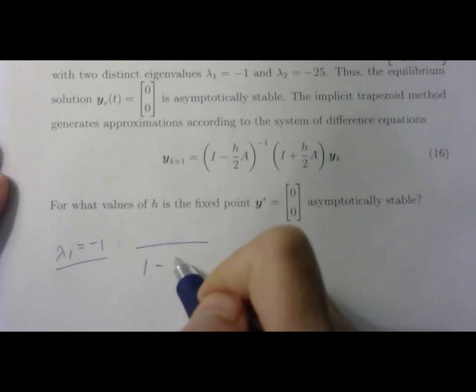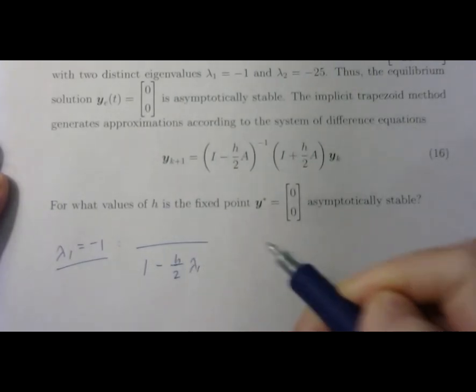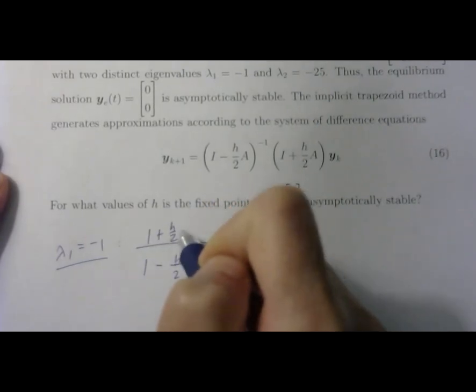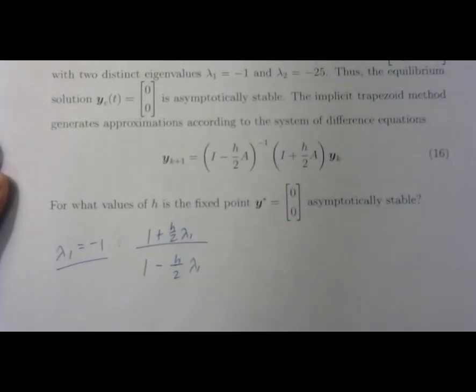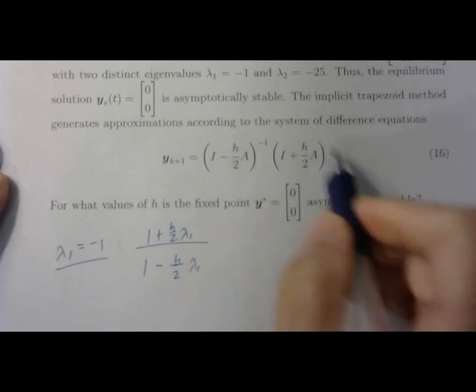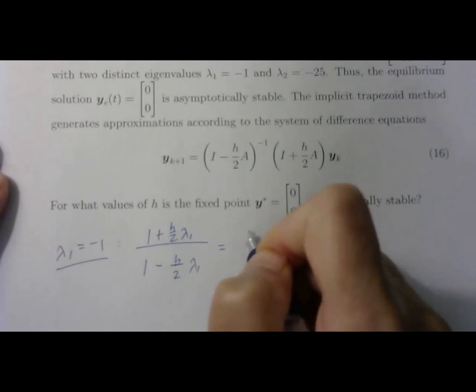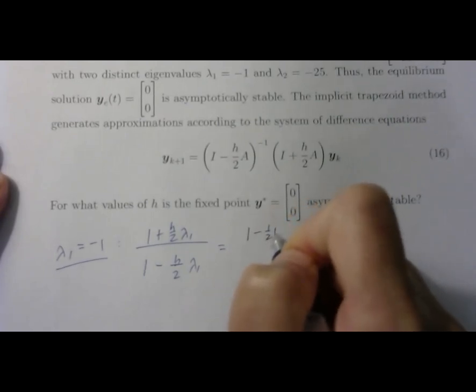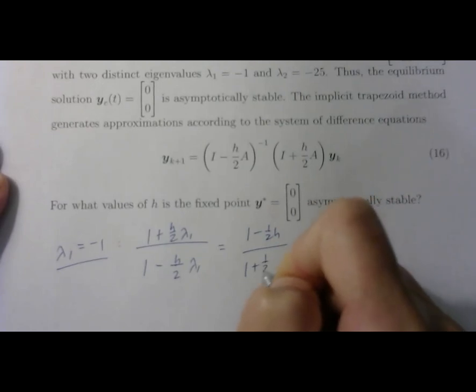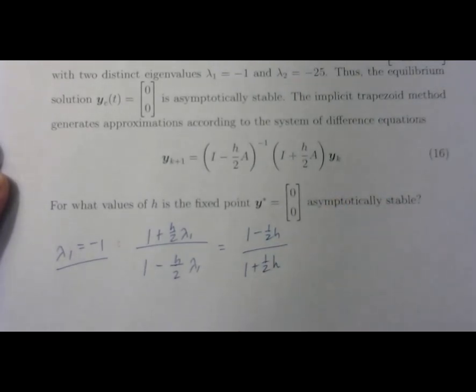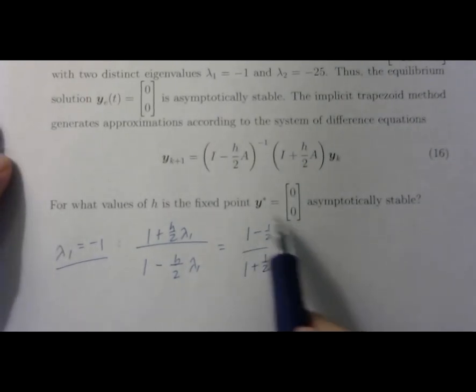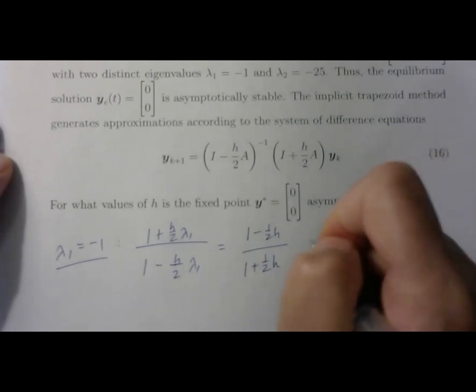1 minus h over 2, lambda 1, 1 plus h over 2, lambda 1 on top, right? Those are going to be the eigenvalues of this differential equation. When I plug in minus 1, that means I have 1 minus 1/2 h over 1 plus 1/2 h. So when I plug in a positive h, the denominator is always going to be bigger than the numerator, right? So this is,